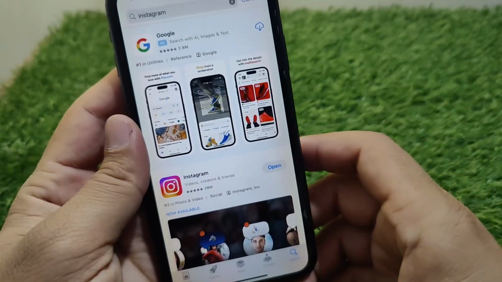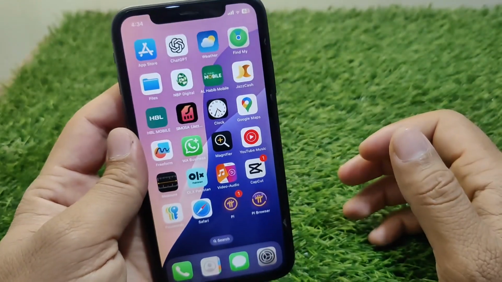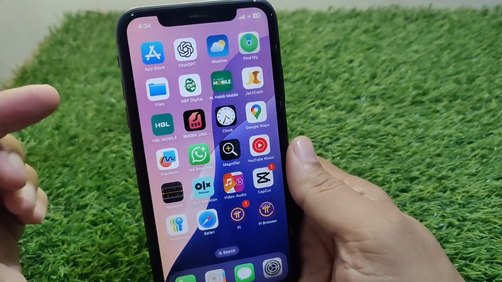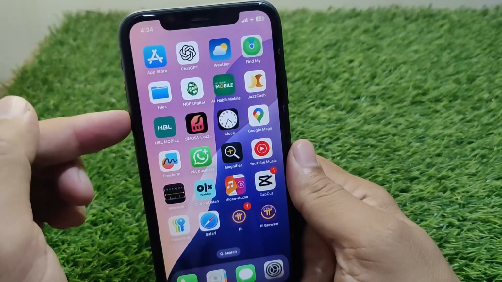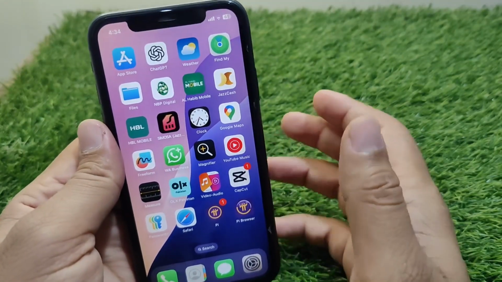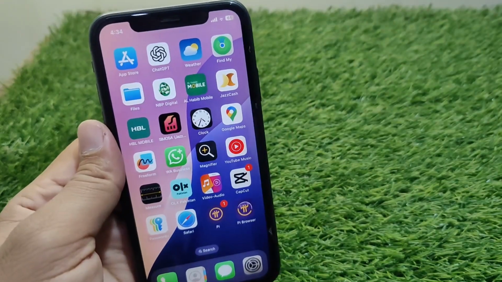So guys, do this and check if the problem is fixed or not, and if the problem is still there then you have to simply restart your device one time as well. So guys, for that press and release the volume up button and then down, and keep holding the power button until your device restarts. So guys, do this and check if the problem is fixed or not, and if the